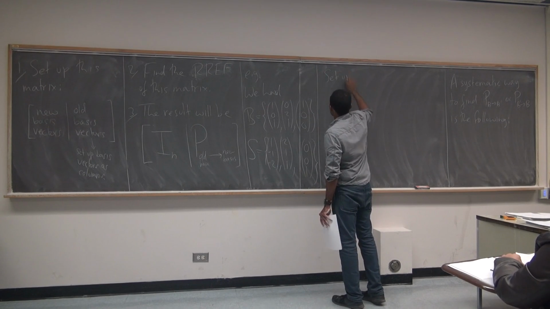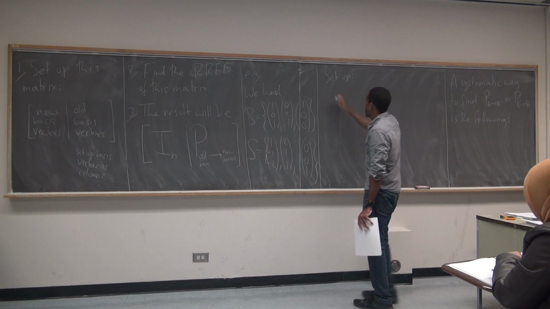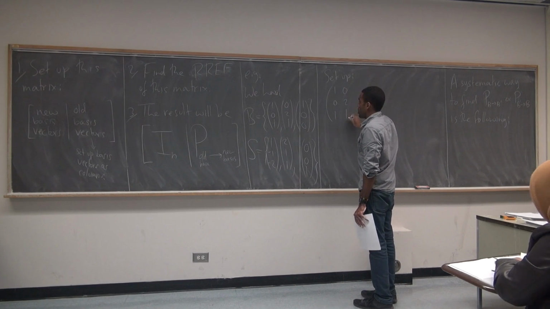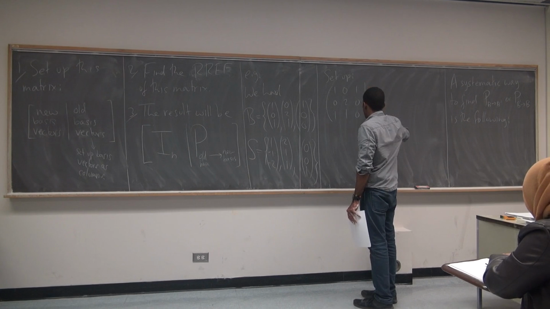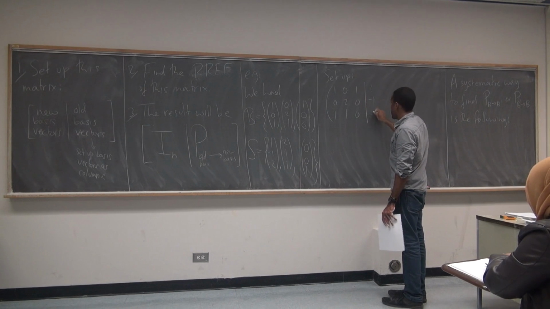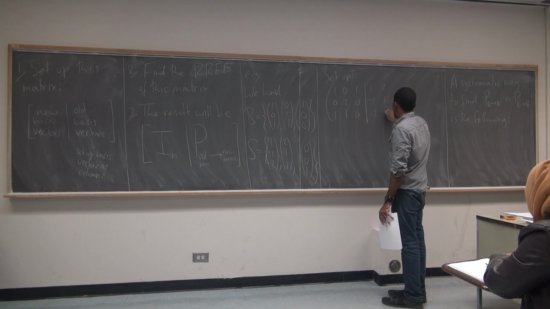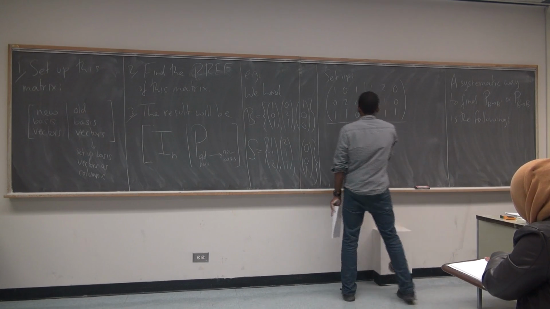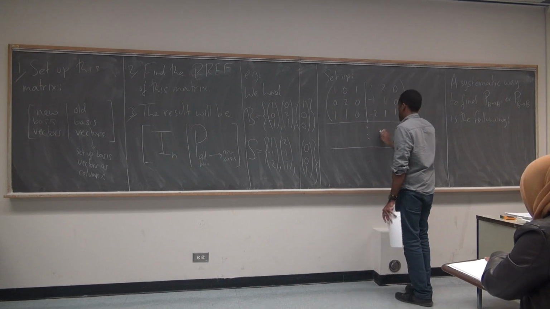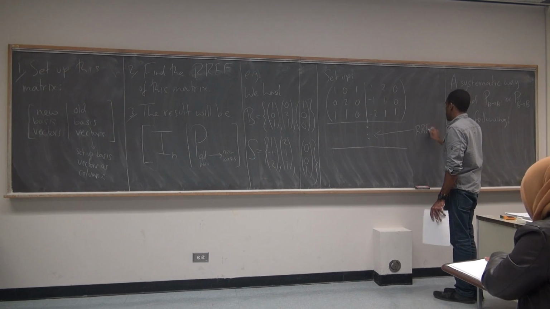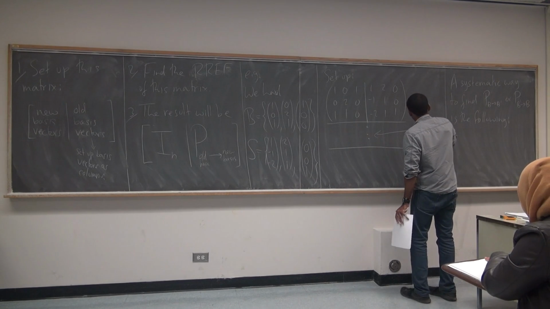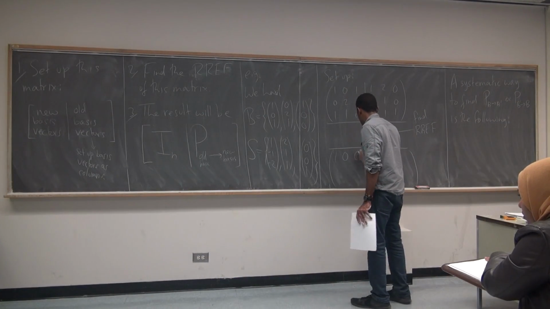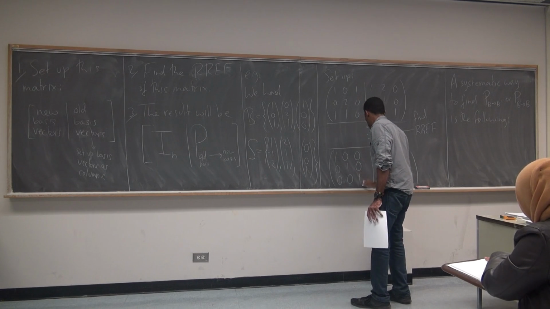So if we had set up this matrix, (1, 0, 1), (0, 2, 1), (1, 0, 0), augmented with (1, -1, -2), (2, 1, 1), (0, 0, 1), and I found the reduced echelon form of that,